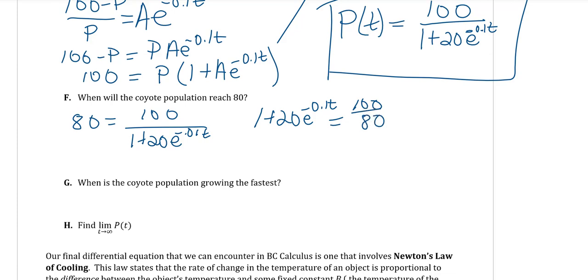And so we get 1 plus 20 e to the negative 0.1t equals 5/4. Multiplying through by 4, you get 4 plus 80 e to the negative 0.1t equals 5. Solving this,